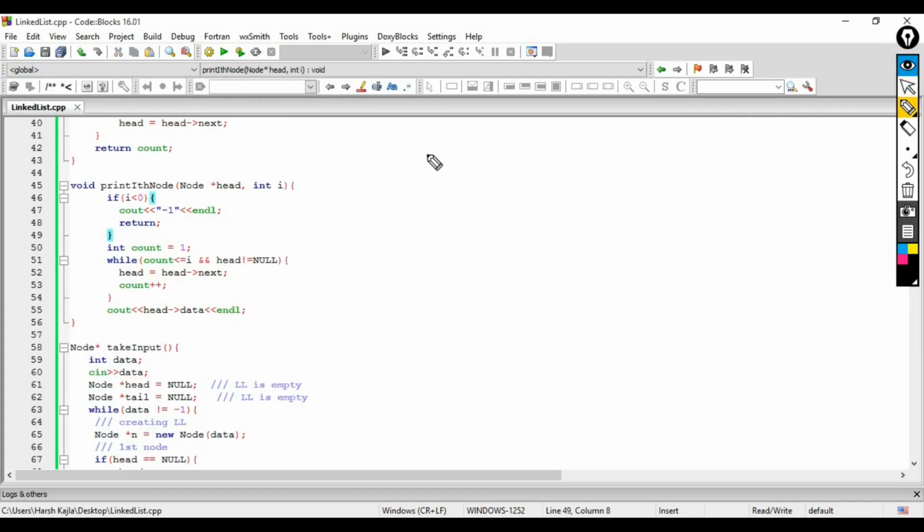The linked list is 10, then 20 and then null. So this is my linked list. Head is pointing towards 10, no problem. The value of i is 2, because indexes are 0 and 1, and 2 is the length of the linked list.